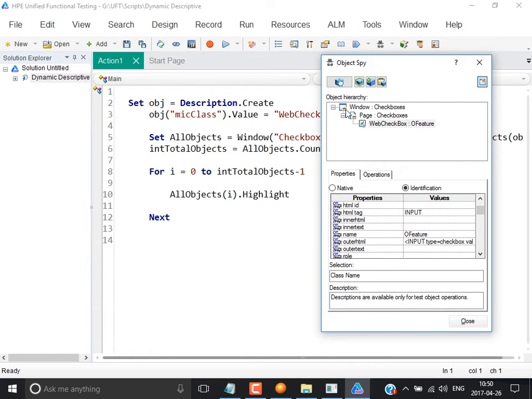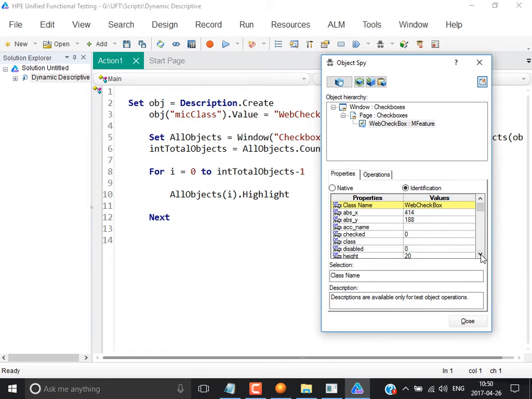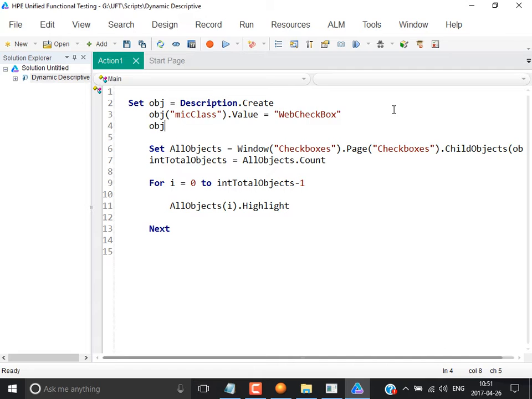This is O feature. This also has O feature. That's an M feature. So all mandatory ones have the name M feature, and all optionals have O feature. So what I do now, I ask the tool to get a collection of all the checkboxes which have the name M feature. Then you say which property? Name.value equal to